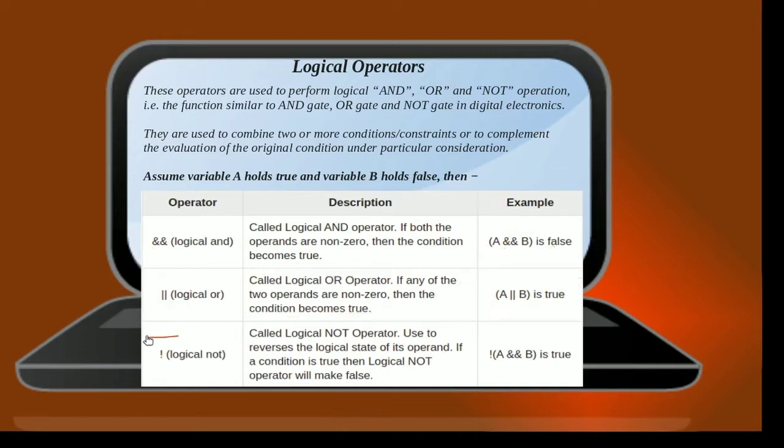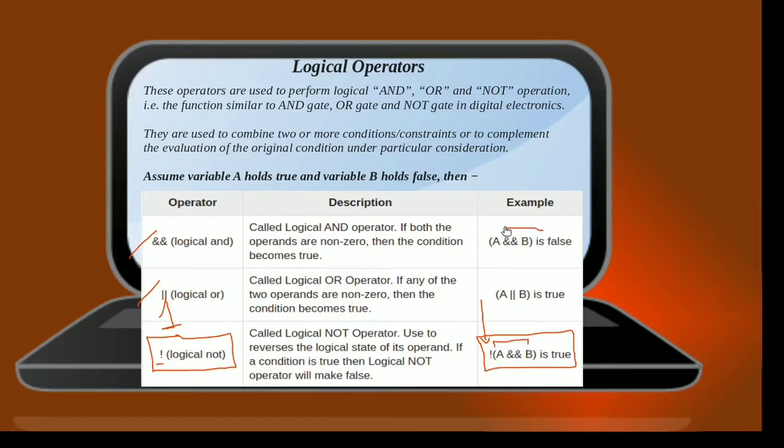Now coming over to the logical NOT, unlike the logical AND and the logical OR, which require two inputs, logical NOT requires only one input, and the beauty of this logical NOT operator is that it reverts the input. So for example, if you look at this particular example, we are making use of the logical NOT operator on the overall output of A and B.